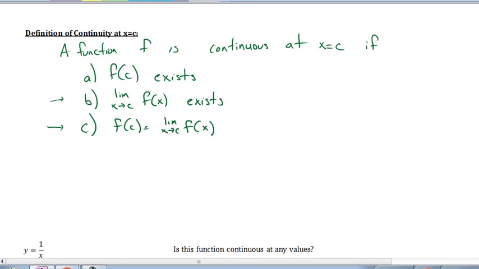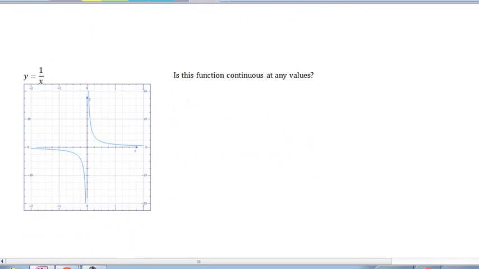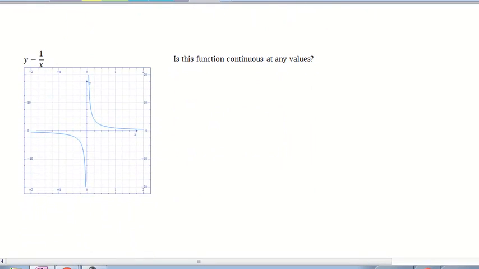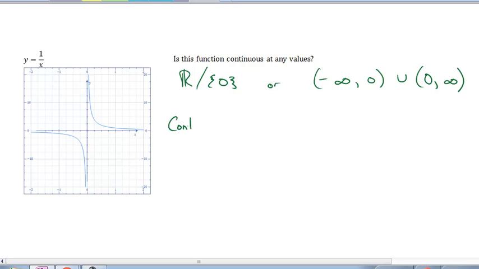What it allows us to do is make a small distinction then for a graph like this. And we say, well, is this graph continuous at any values? And the answer is, yeah, sure, this graph's continuous at all real numbers except for 0. Or we could say the following intervals: minus infinity to 0, union 0 to infinity. Which brings us to the discussion of what does it mean to be continuous not at a value, x equals c, but continuous on an interval